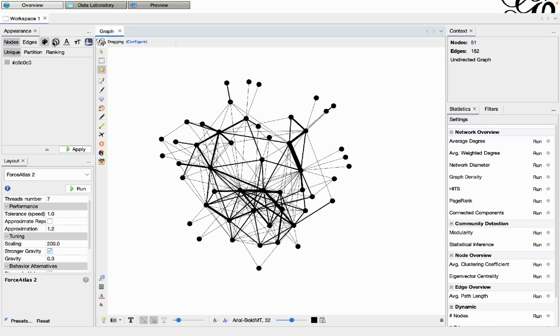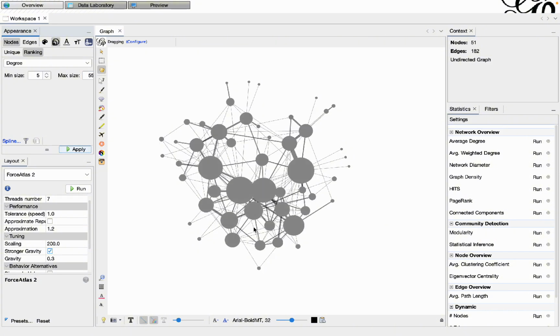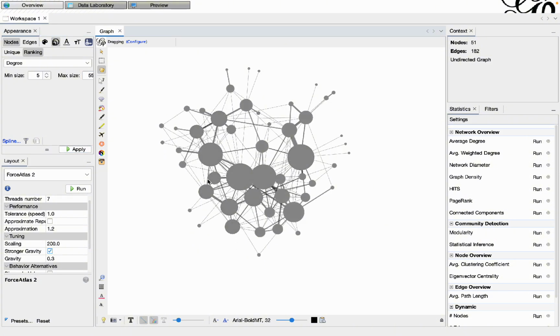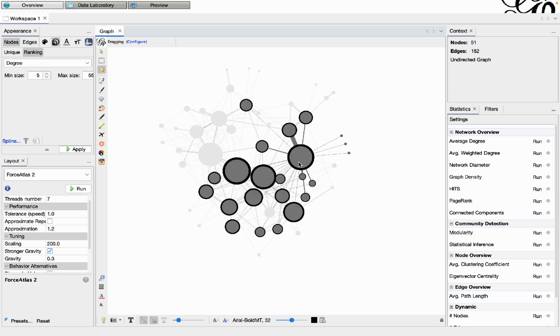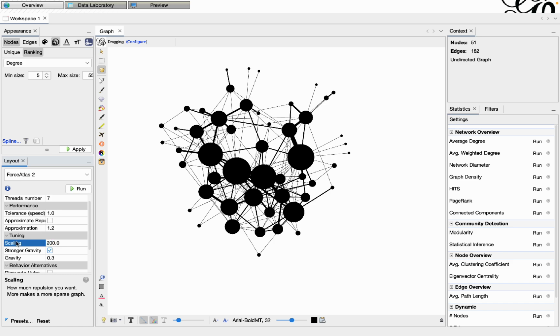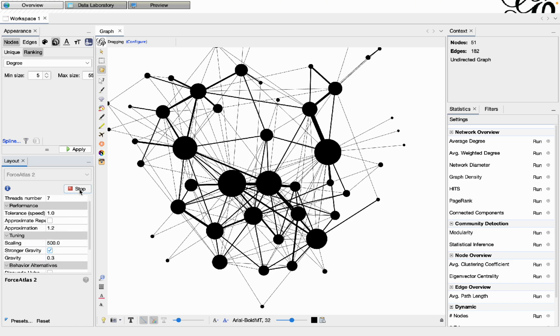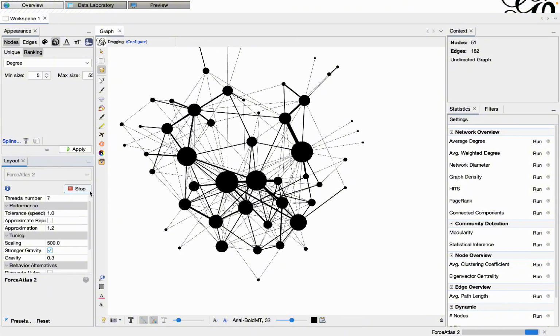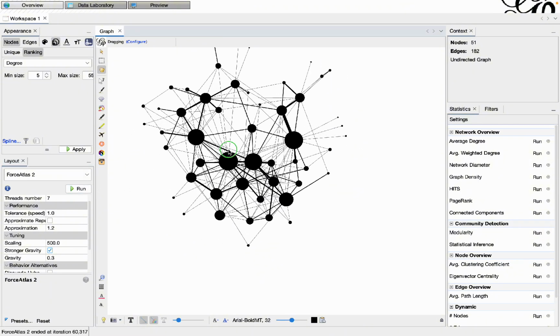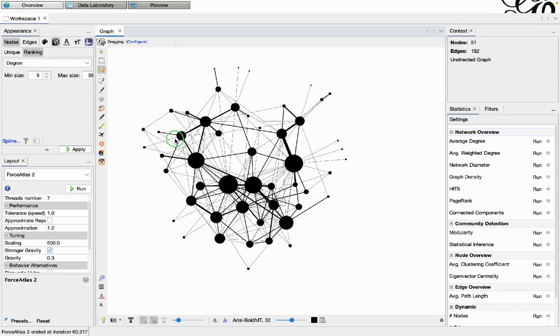So the next step I usually do is to change the node size, where I will simply scale the node size based on the number of connections they have, so based on the degree, and let's say I will scale it between the 5 and 55 range. Once applying this node sizing, we see that the most central ones are a little bit large, so I just keep increasing the scaling factor. And we are arriving at a kind of nice structure here, but we are still missing an important point,